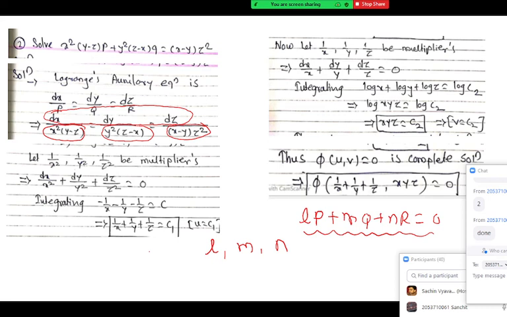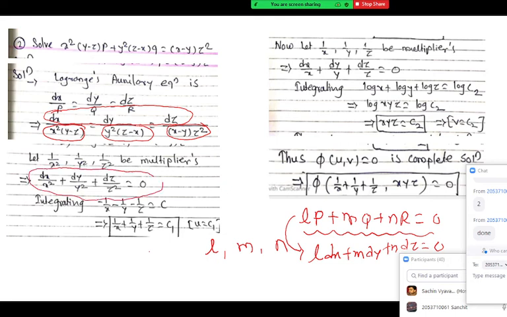So if this is 0, this always gives us Ldx plus Mdy plus Ndz is always 0, because by that theorem of equal ratio, I already showed you that. This is the reason why I'm saying when the sum of denominators is 0, the sum of numerators should be 0 in the theorem of equal ratio. So the theorem of equal ratio says if we select elements such that LP plus MQ plus NR is 0, then Ldx plus Mdy plus Ndz should be 0, and that we are using here.